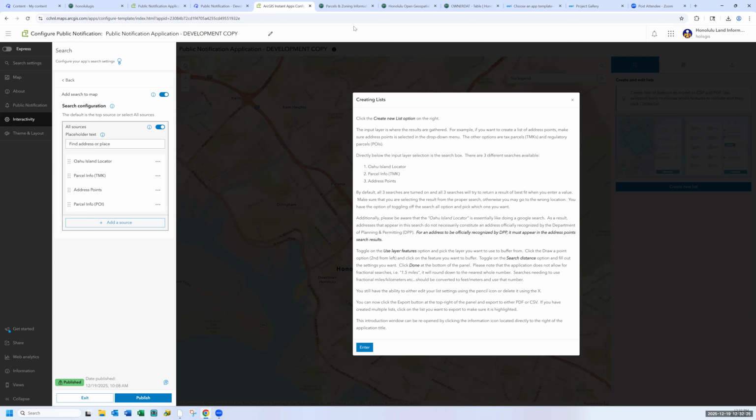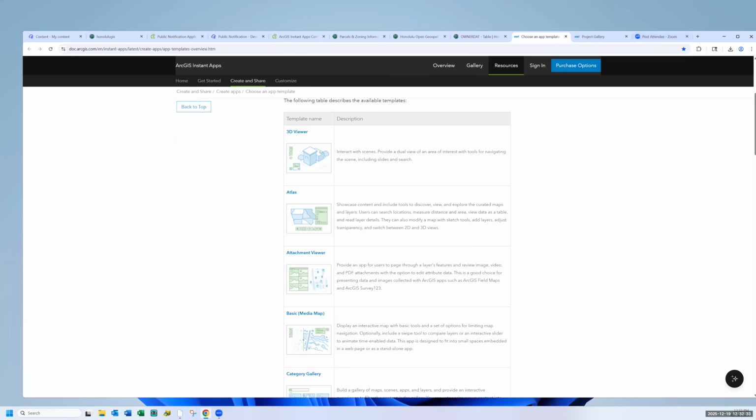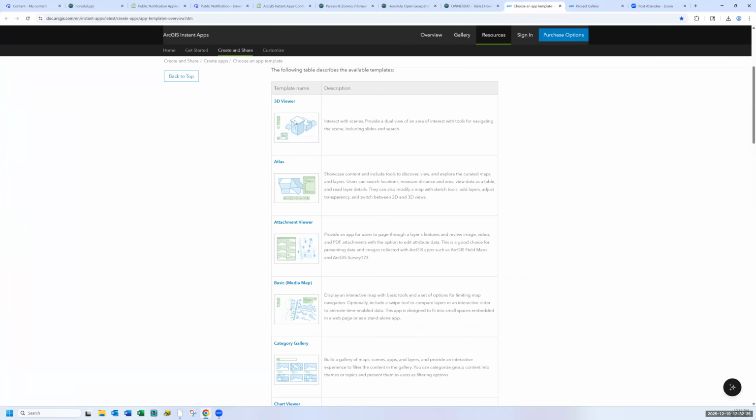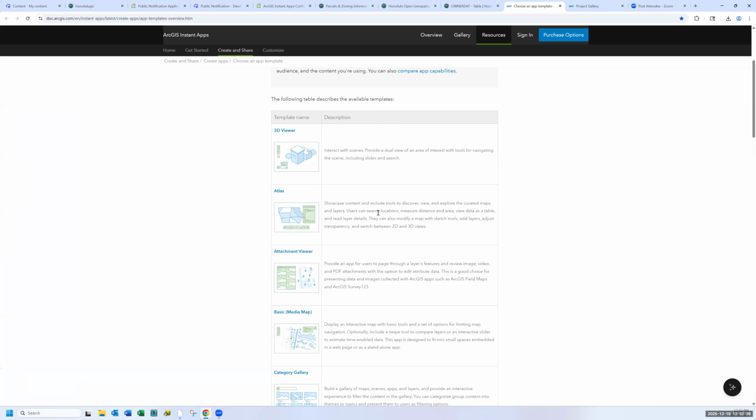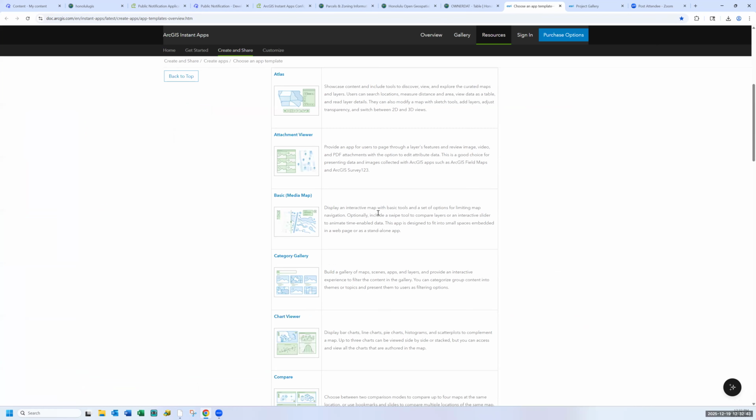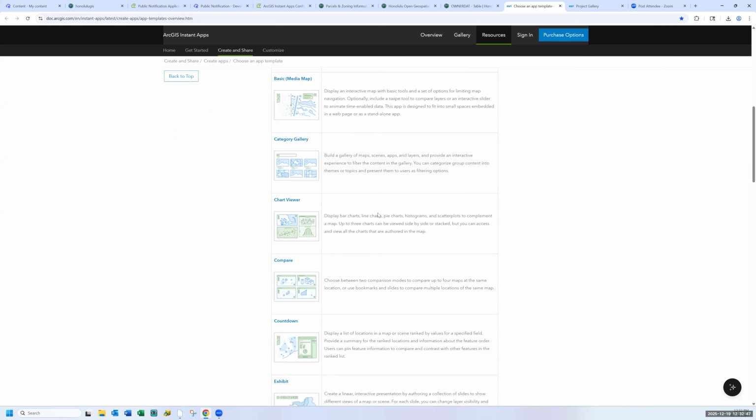So that was basically how we set up the web application. And so now let's go to some resources. This is the list of app templates that Esri has for instant applications right now. They're updating it as necessary when they add new ones in.